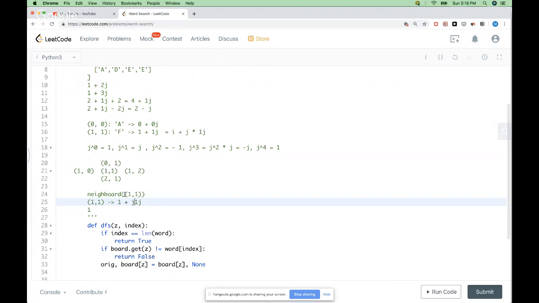Now, if we add j to the power of 0, that just gives us 2 plus 1j, which is actually the position